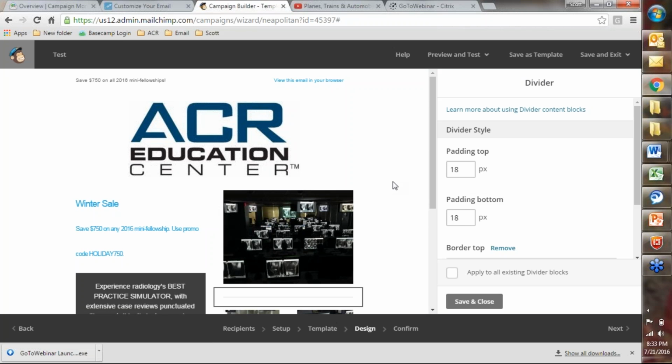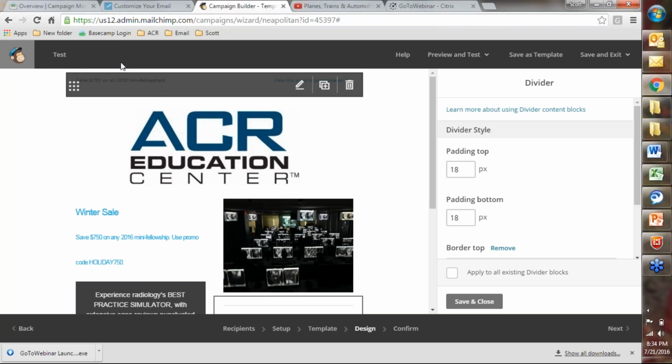One of the things that MailChimp has that I haven't seen with the other two is something called send time optimization. This may or may not be relevant for you, but I just thought it was kind of cool that if you do have a large amount of members, it will start tracking when they open the emails. And once it gets a pattern of, say, Dr. Smith opens almost all their emails between 7 and 8, when you hit send time optimization, it will send Dr. Smith's emails out between 7 and 8 a.m. If Dr. Jones opens at 8 o'clock at night, it will send Dr. Jones's emails at 8 o'clock at night. So you're sending at the time based upon their behaviors, when they have historically opened them up.